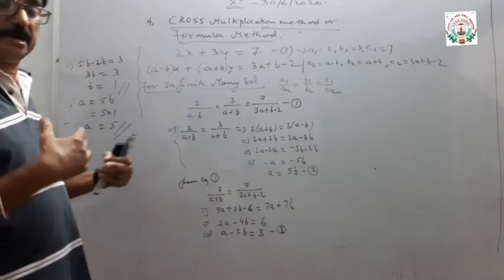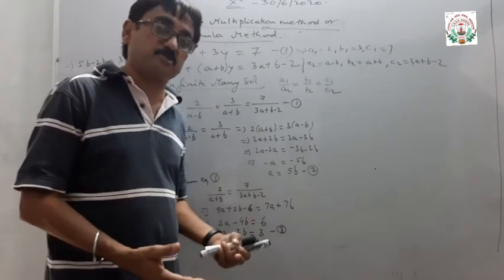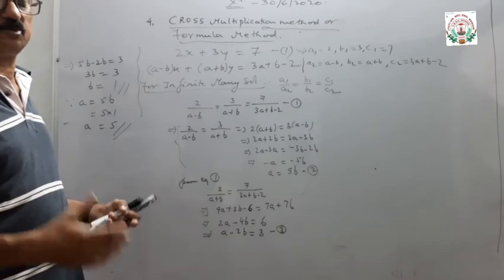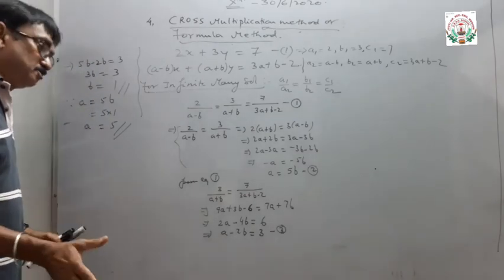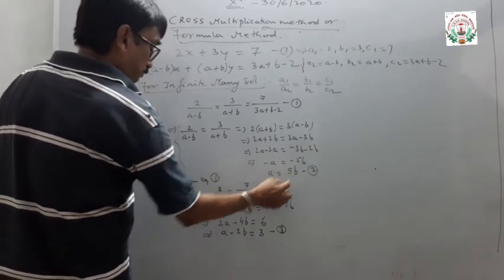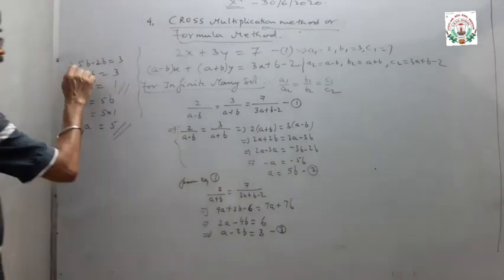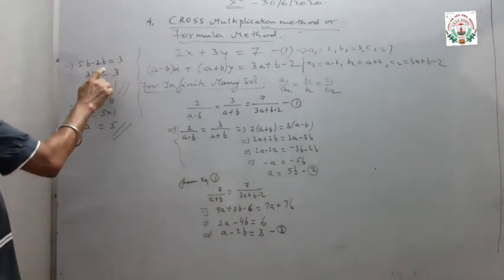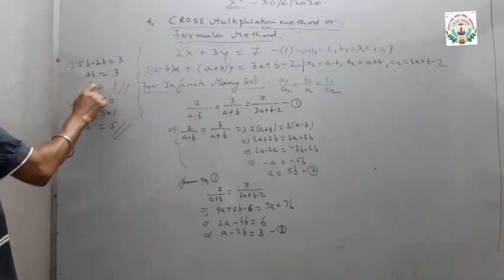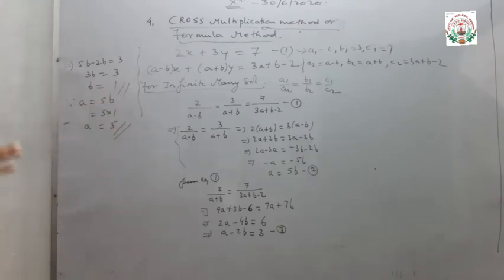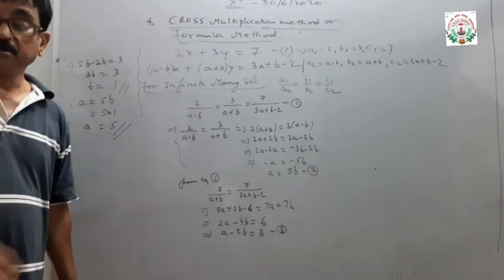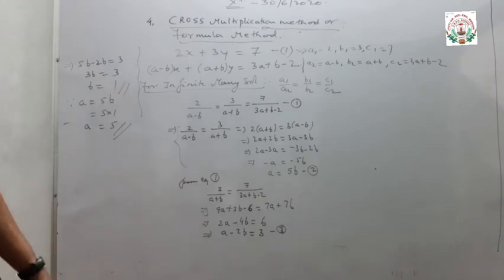अब यहाँ पे आप सब्स्टिट्यूशन लगाइए, चाहे एलिमिनेशन लगाइए, चाहे क्रॉस मल्टीप्लिकेशन मेथड लगाइए, किसी भी मेथड से अपन किसी भी प्रॉब्लम पर बनाए तो सभी में आंसर सेम आएंगे, आंसर डिफरेंस नहीं होंगे। सो a इक्वल टू 5b, I am going to substitute here। सो 5b माइनस 2b इक्वल टू 3, 3b equal to 3, b equals to 1। Since a equals to 5b, value of b is 1, so 5 into 1 equals to 5। That is our answer for this equation।